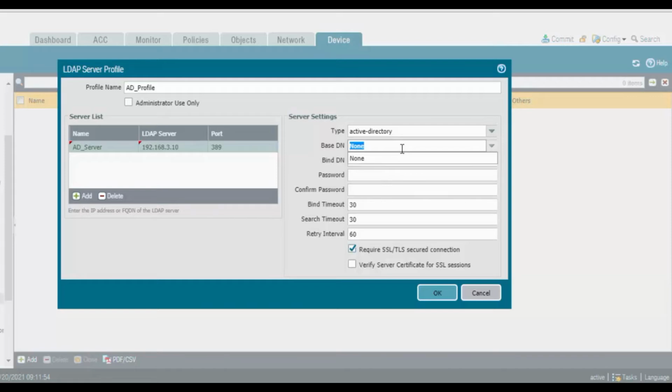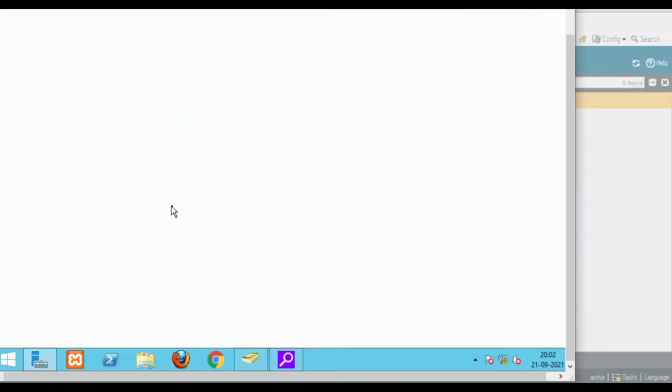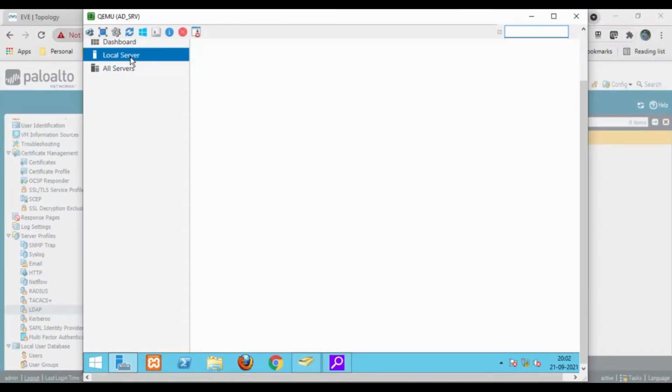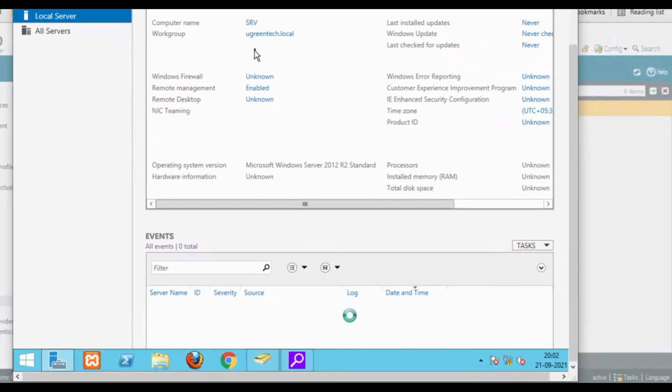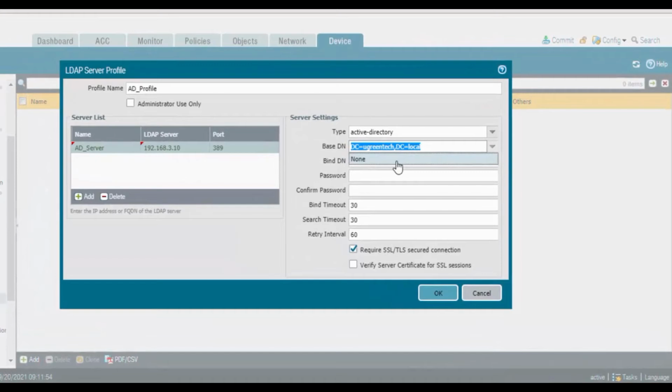The distinguished name will be DC equal to ugreen-tech, comma, DC equal to local. You can find these details in the AD server as well. You can see the local server, you can see ugreen-tech.local here, and similarly the bind DN will be our service account, that is the service account pa